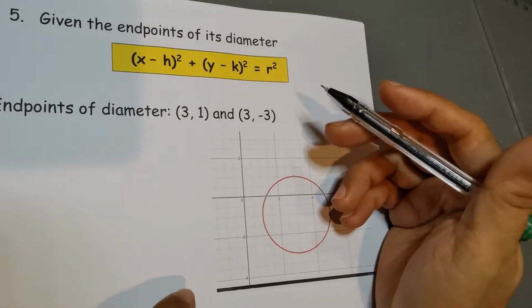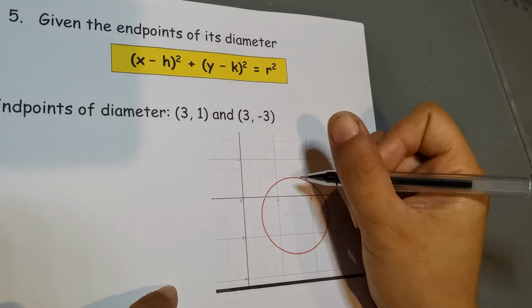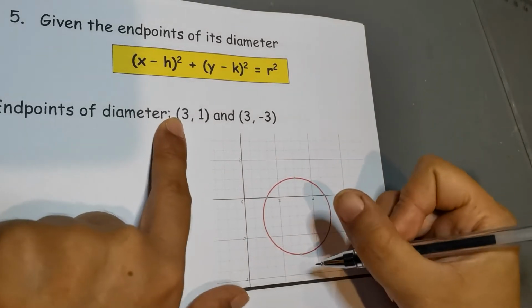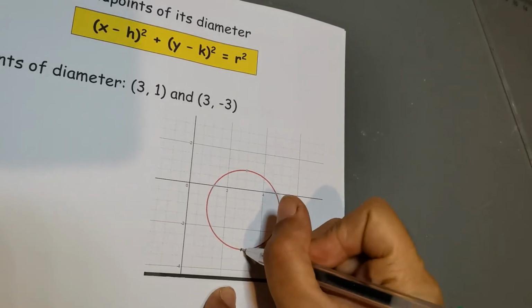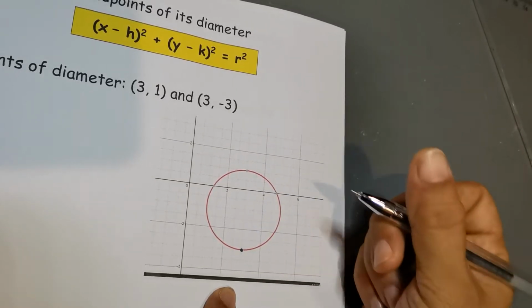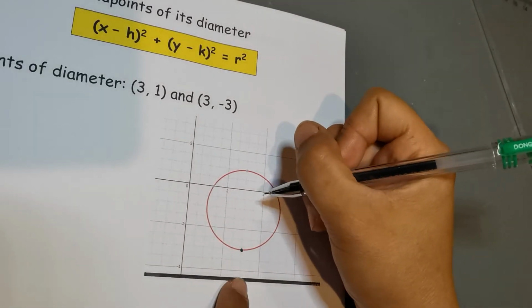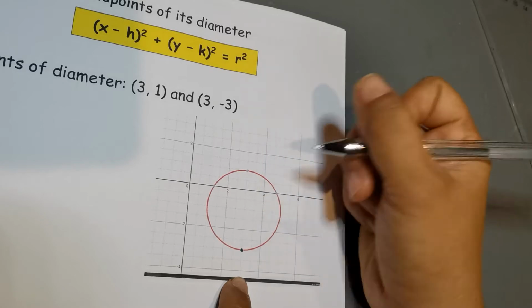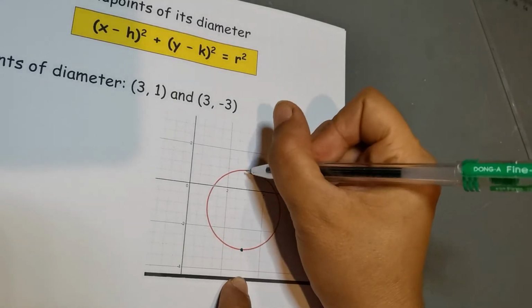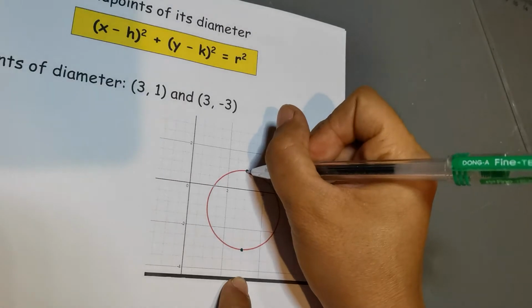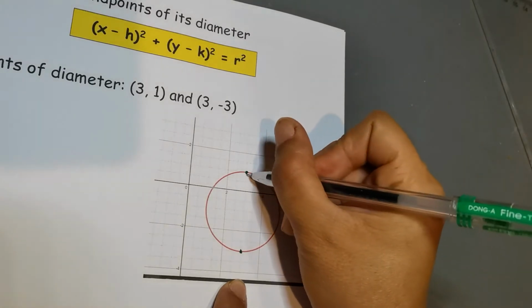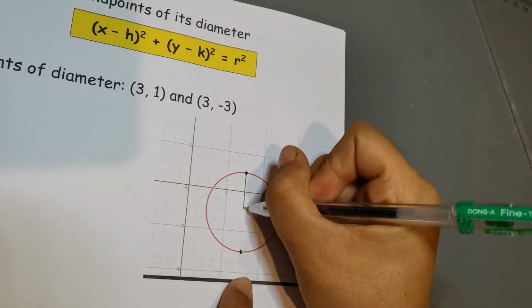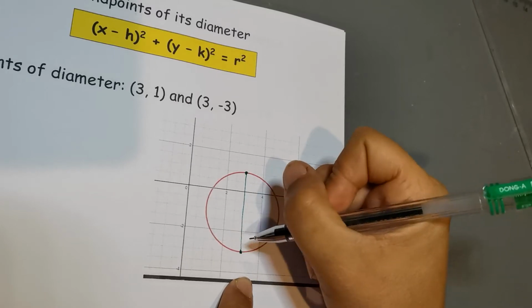Okay, so here is one of the diameter, 3 and 1. So we have here 1, 2, 3, and 1. So here is one of the endpoints, and the other endpoint is at 3 and y negative 3? Ay, baliktad. Doon pala yung 3 and 1. Sorry. 3 and 1 and 3 and negative 3. Ayan. So if we are going to draw a line connecting these 2 points, then